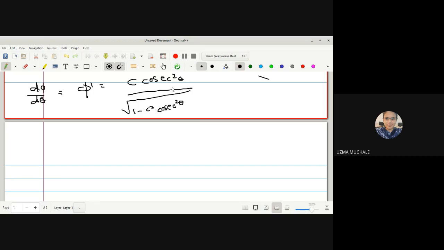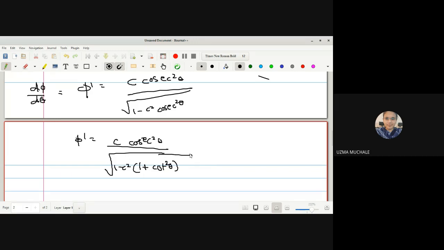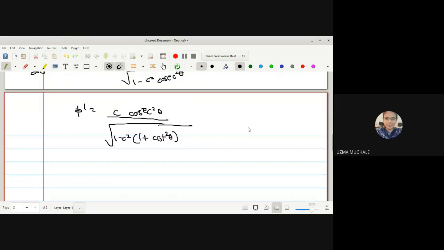So what we will do, we want to write down cosec square theta in terms of cot square theta. So what is the identity? If you remember, the identity for this one is, under root of this 1 minus c square as it is. Cosec square theta is nothing but 1 plus cot square theta, correct? Yes ma'am. Okay. Now just 1 minus c square you have to multiply inside. So you will get cosec square theta as it is and this 1 minus c square you have to multiply, minus c square cot square theta.